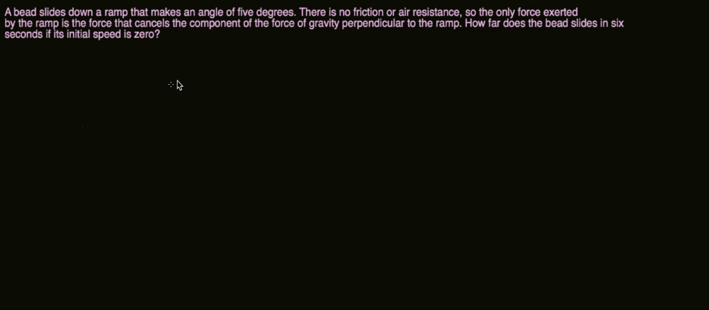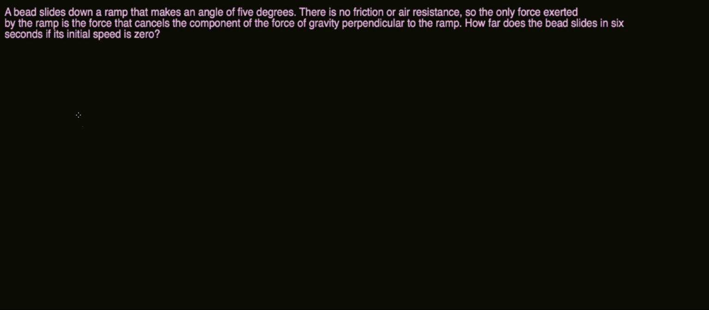For this video, we are going to be dealing with acceleration, velocity, and position, as well as integration, of course. So let's get started. A bee slides down a ramp that makes an angle of 5 degrees. Okay, and there's no friction or air resistance. That's good. We don't have